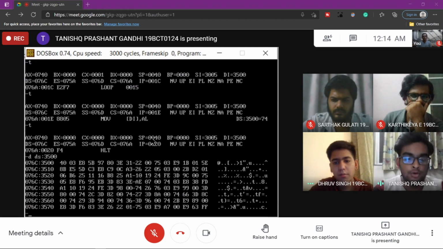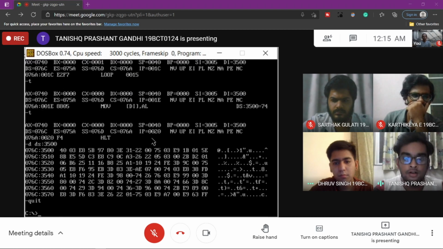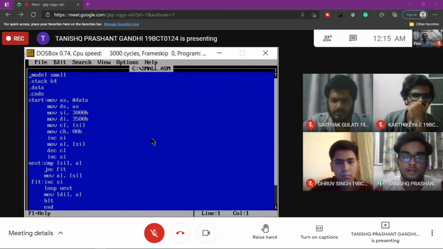Now we will move on to the smallest number code. So we will run this code small.asm, and now Dhruv and Kartikeya will explain about the smallest